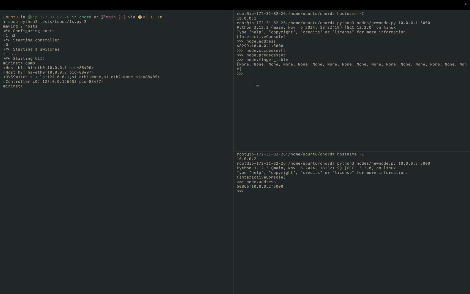Okay, so let's start our ring up. When we create our ring, the first thing that we can notice is we actually have a successor now, and it's ourself. This makes sense because when there's only one node in the ring, that node is responsible for every possible key in the key space, which means that it has to be its own successor. However, critically,